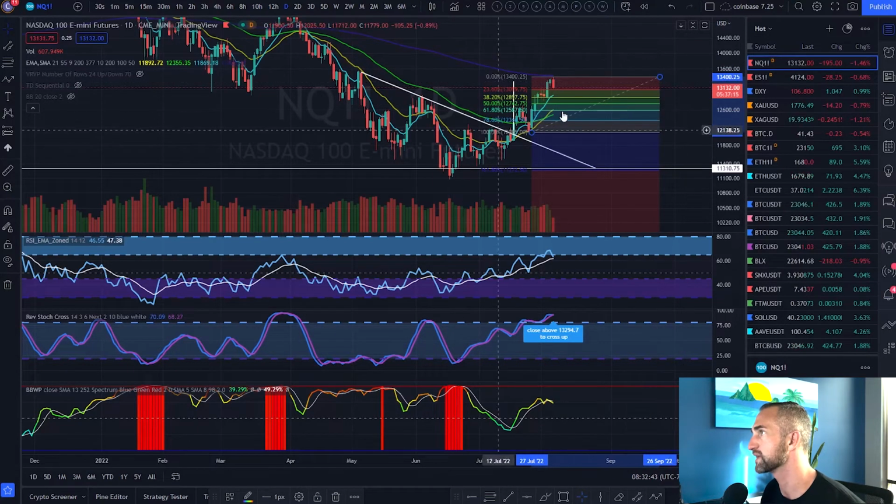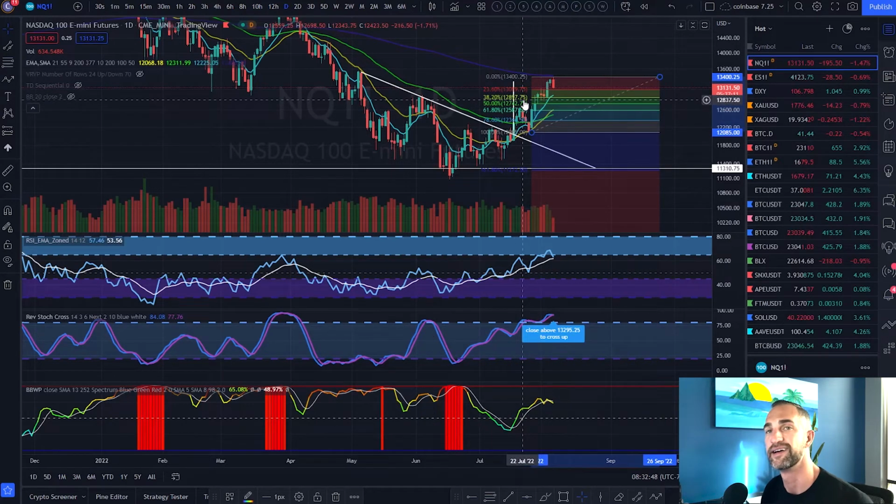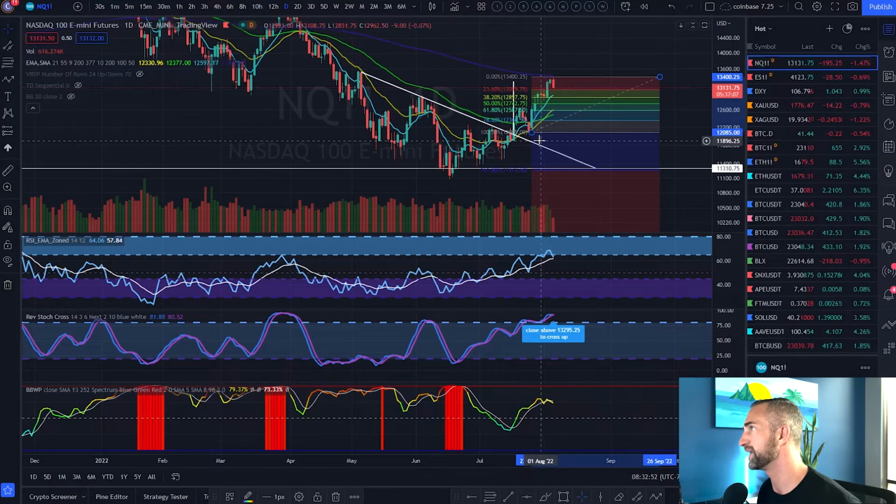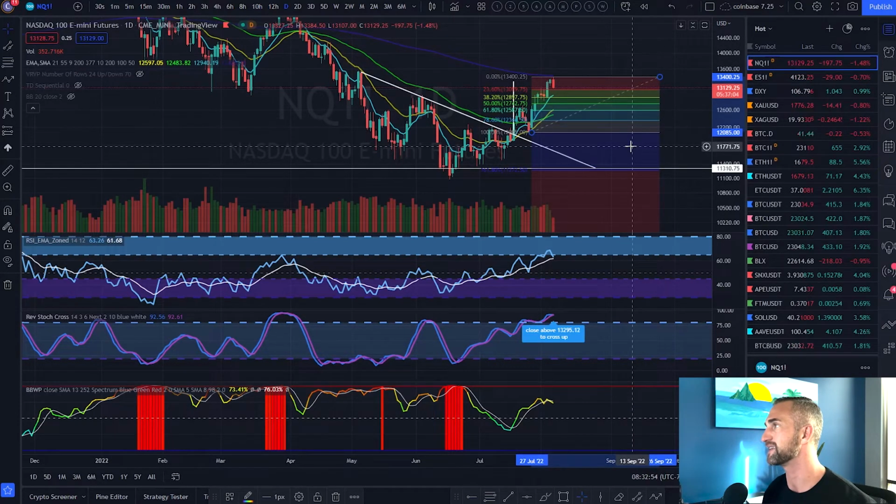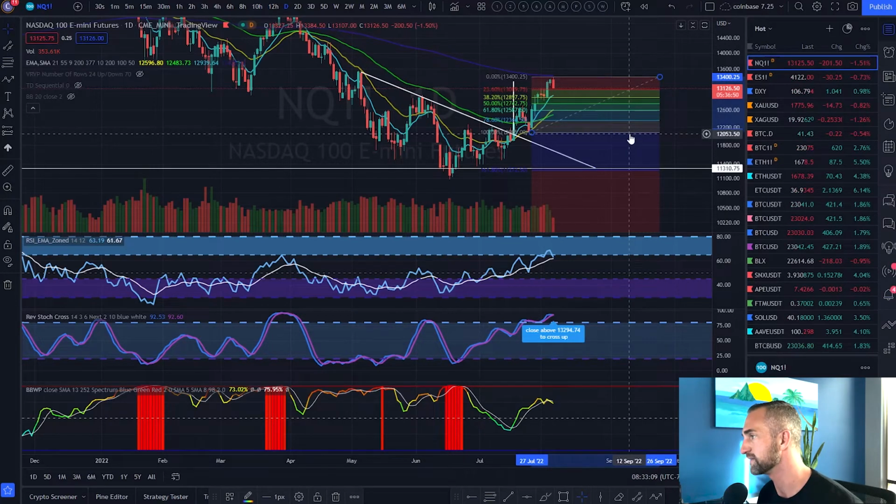That'd be our first warning sign that, hey, this little pump is going to turn into a dump on the NASDAQ. And since Bitcoin, again, is highly, highly correlated with the stock market, no, it's not a hedge against the stock market like some people play it out to be. It's actually a higher beta stock, tech stock, if you ask me.